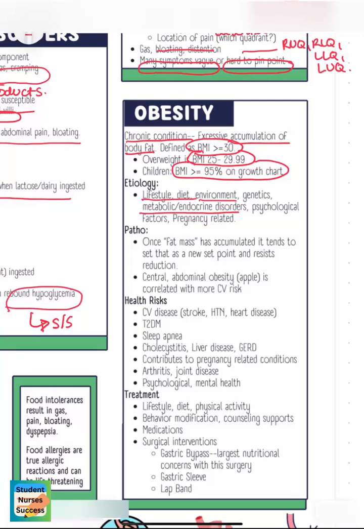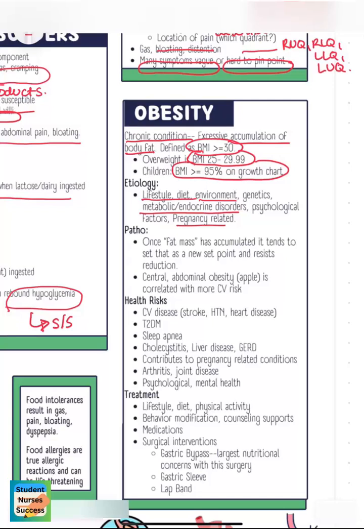We know there's psychological factors where people maybe use food for comfort. And also pregnancy related. Individuals who are pregnant do gain weight. We do want them to gain weight, but sometimes women who are pregnant might gain too much weight. So it's important to keep that weight gain in the recommended amount and not gain too much while you're pregnant. You should gain some, but you don't want to gain too much because it does get hard to lose over